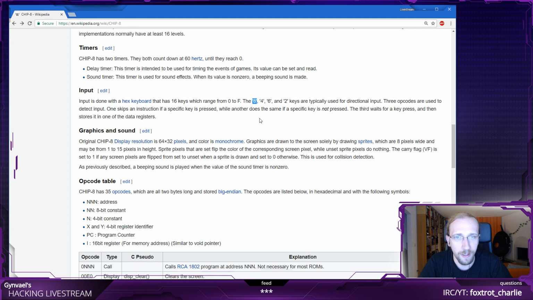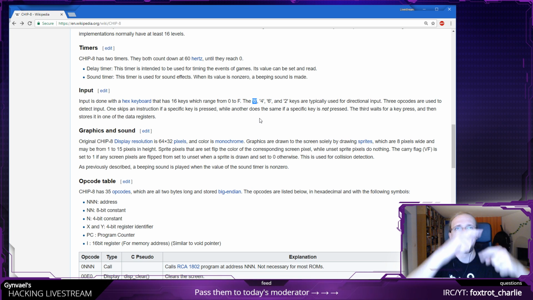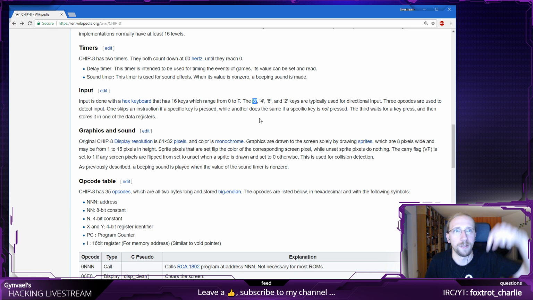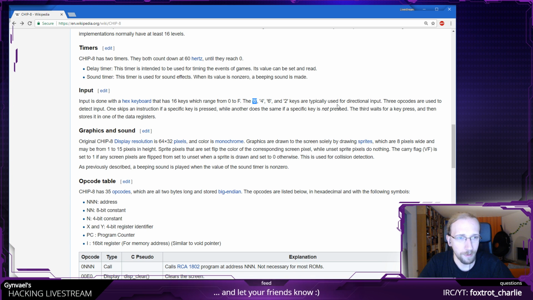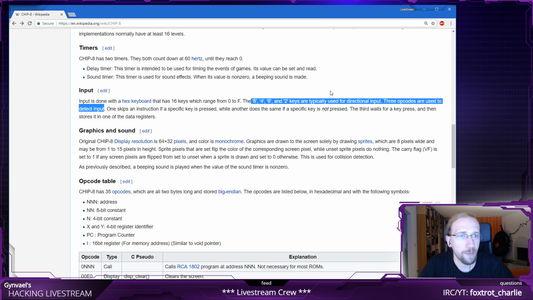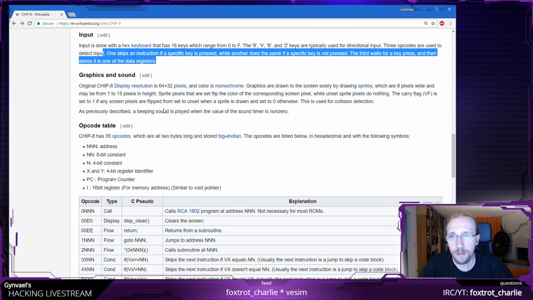So is 8 actually up or is it down? Because if you look at your keyboard and there's the keypad, then 8 is usually up, but the keypad could also be in the reverse direction. You might have 0 at the bottom, but you might also have it on the top. So 8 might mean up, or it might mean down. I don't know, though. It changes things, so we might have to tweak it when we find out. There are some opcodes in the CPU which actually detect this. Okay, we'll get to this later.